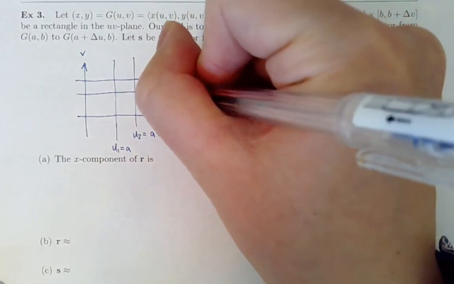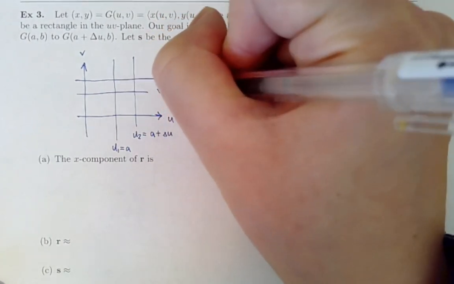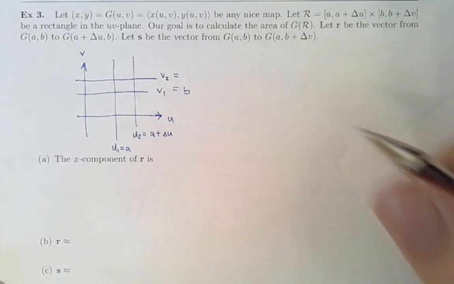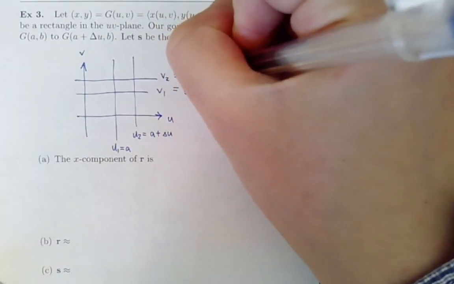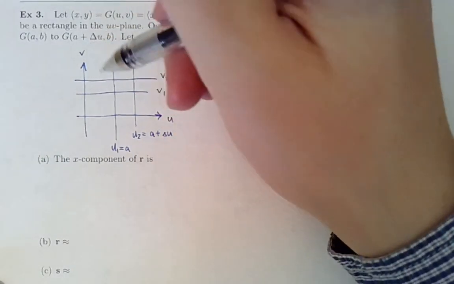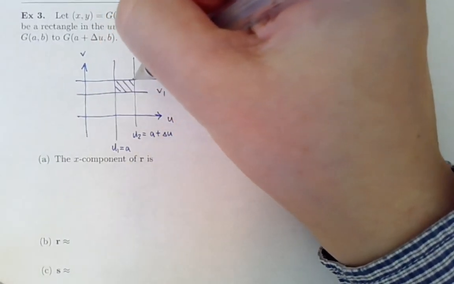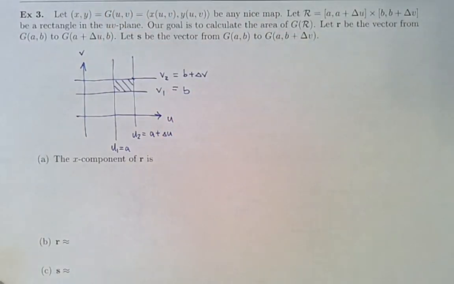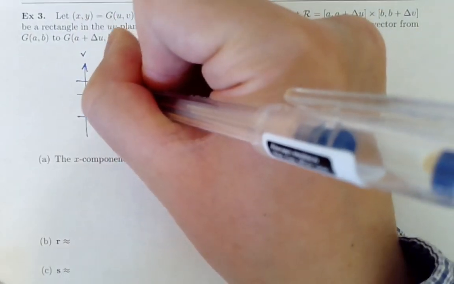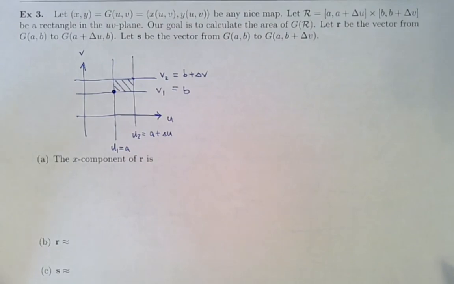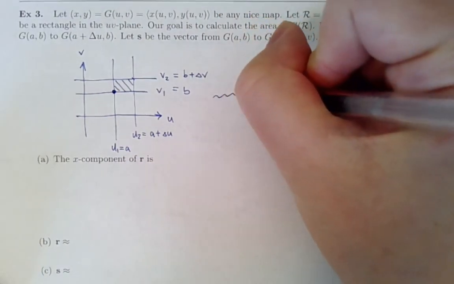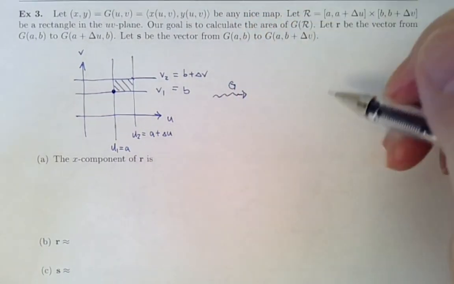The first one is V1, the second one is V2. Let's say V1 is B and V2 is B plus delta V. Then we're looking at this rectangle, and I'll mark this point A comma B here, and then we'll map this picture over via G